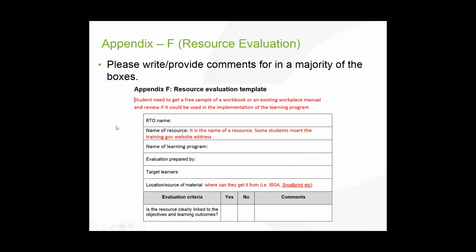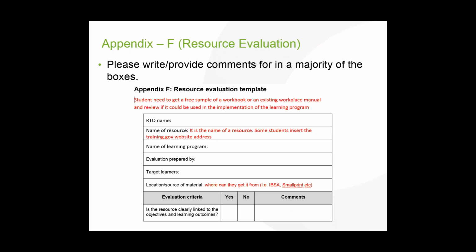Okay, Appendix F, resource evaluation. The main thing. Let's talk about the first thing first. Students need to get a free sample of a workbook or an existing workplace manual and review if it could be used in the implementation of the learning program. So what you need to do, if you are working for an RTO, that's fine. You can get the resource from them. But if you are not working for